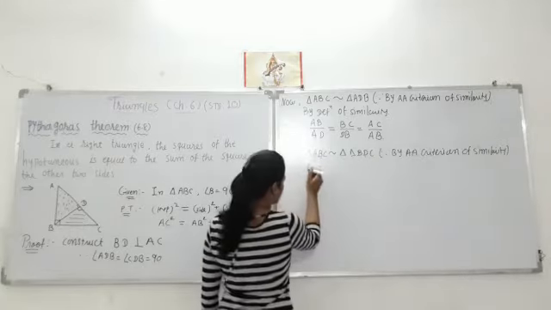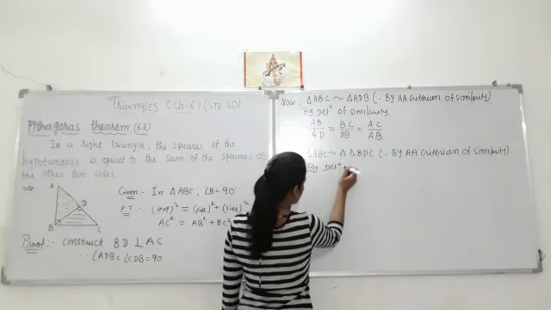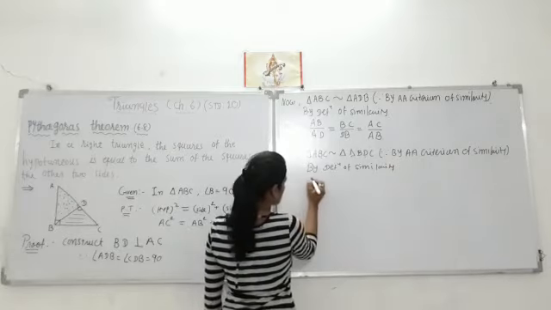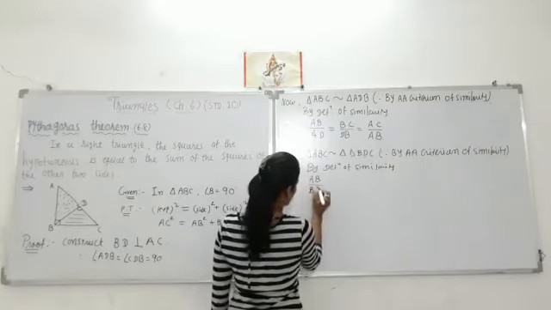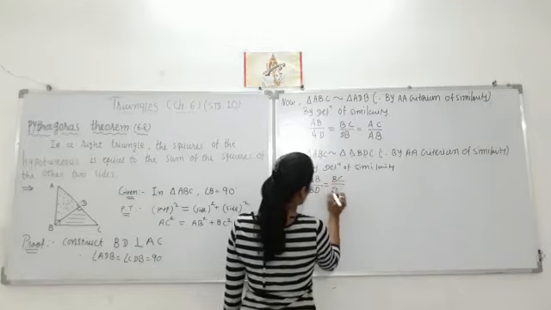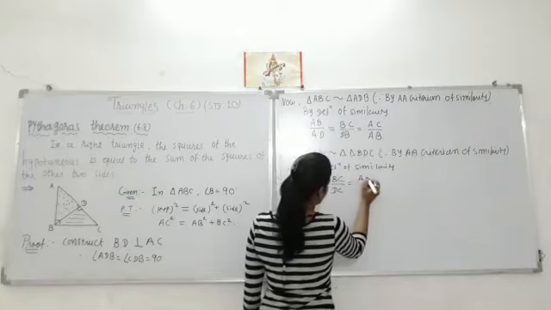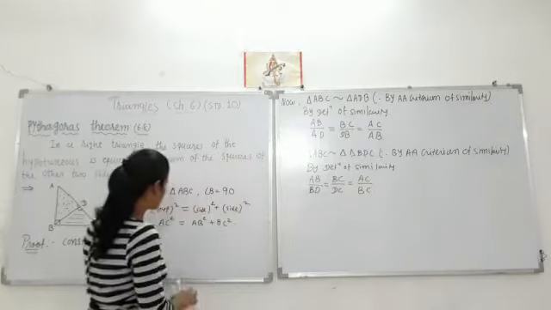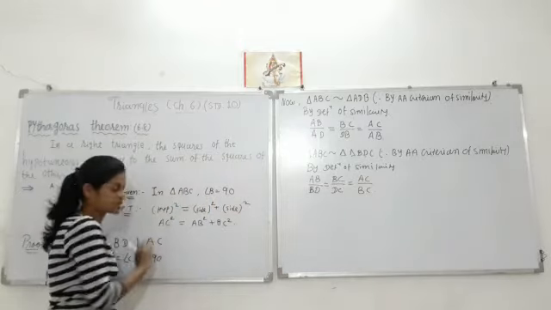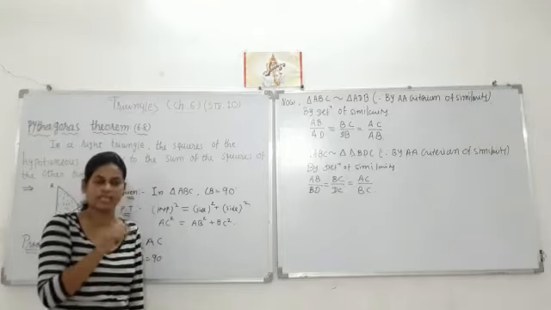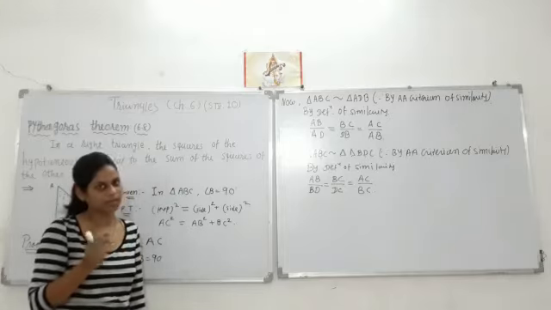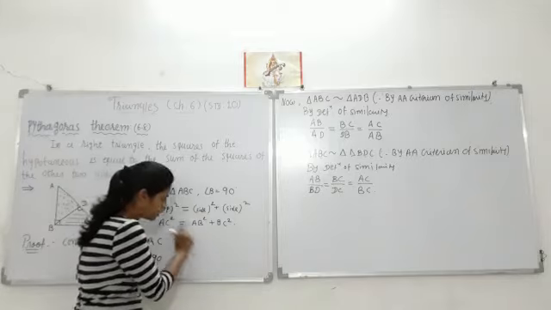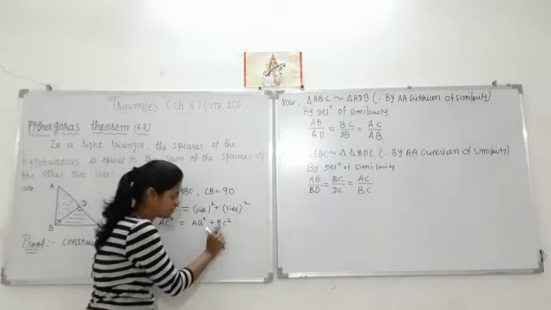Now apply again definition of similarity. So by definition of similarity, corresponding side ratios are equal. So AB upon BD, BC upon DC, then AC upon BC. Now what do we do? We want to prove these squares. How does AC square become? AC into AC, because x into x becomes x square, y into y becomes y square. That's why AC into AC becomes AC square. Same way AB into AB becomes AB square and BC into BC becomes BC square.